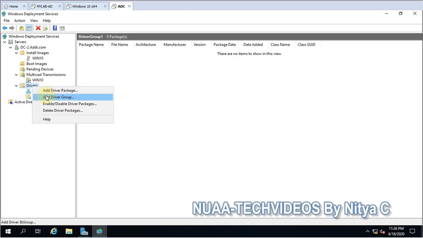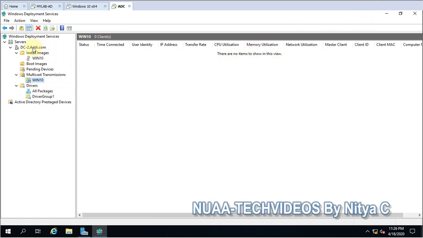And here you can add the packages. You can create groups for specific OEMs. Like if you have HP, you can create a group for HP, and you can enable or disable packages here. But I don't want any driver as of now because everything is built in.